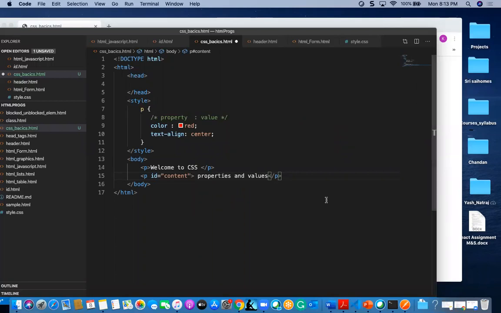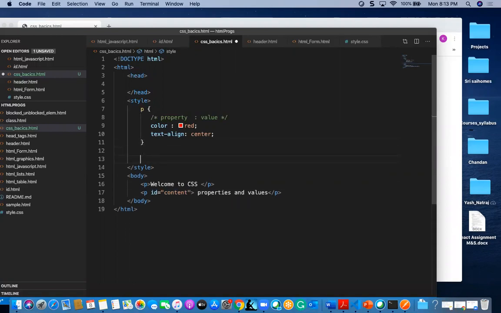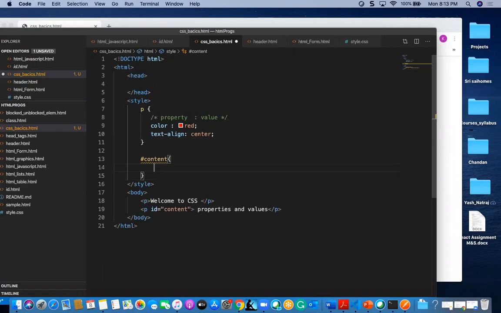So for this ID value, how we can do is we can assign a hash, and we can call this content. So this will mention that particular ID parameter.